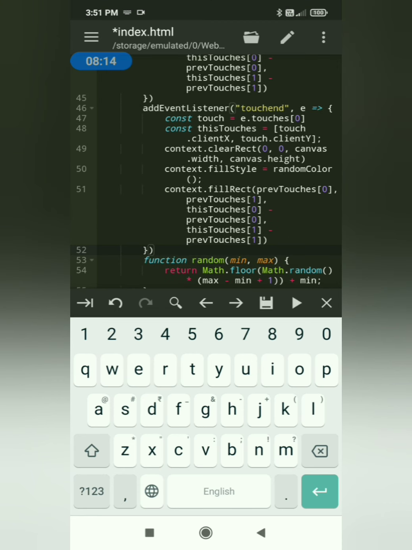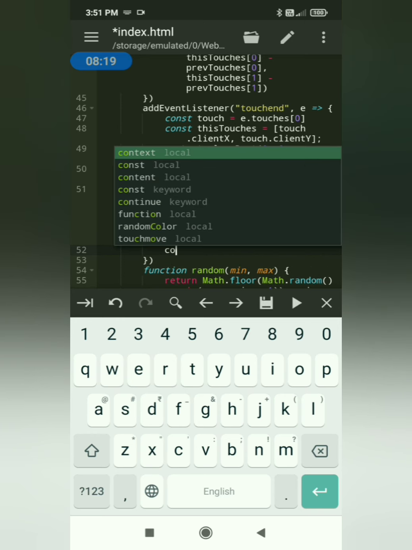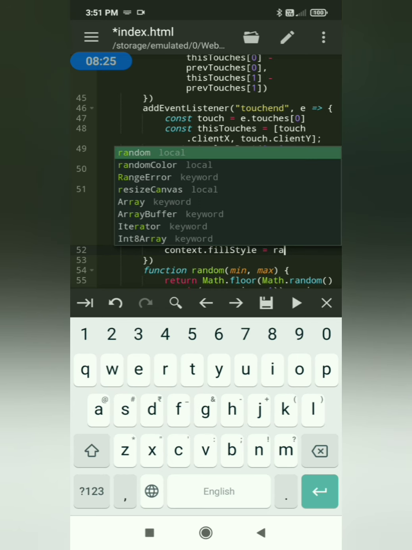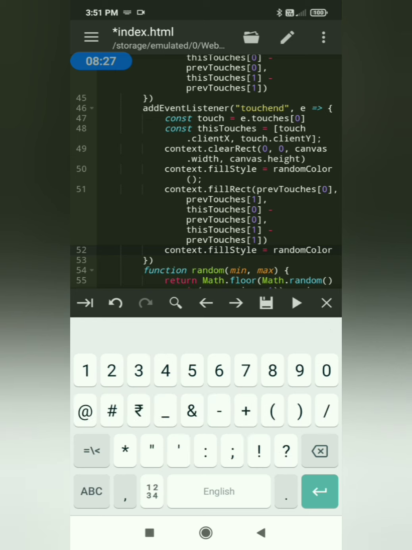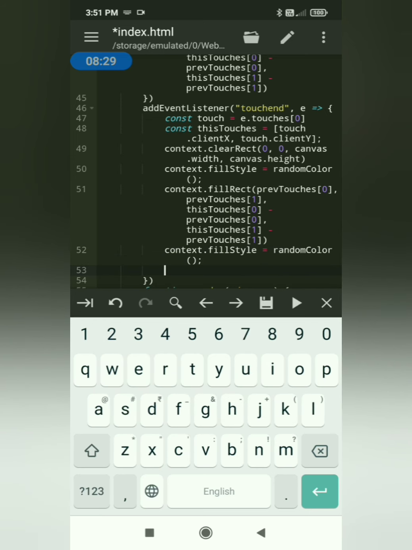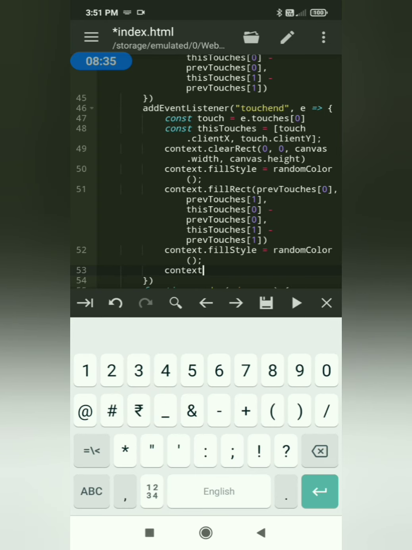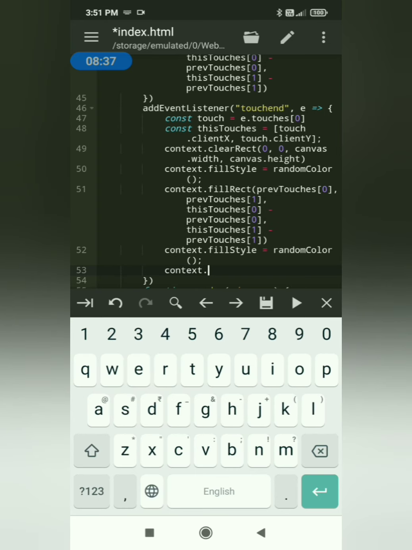Then we need to create 4 rectangles to the side of that. So firstly we will have to change the fill style to a random color. Now we are going to create the upper rectangle. For that we will start from the x coordinate of the prevTouch, the x coordinate of the starting touch.